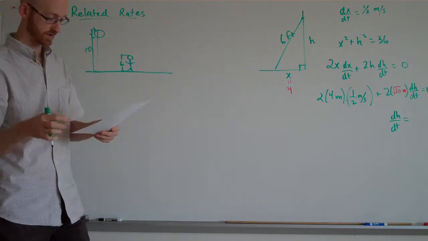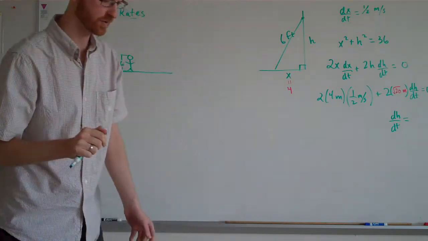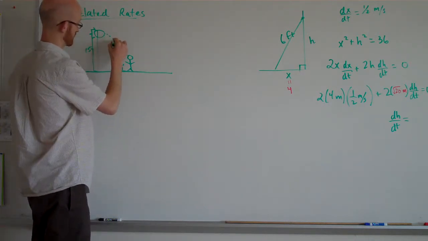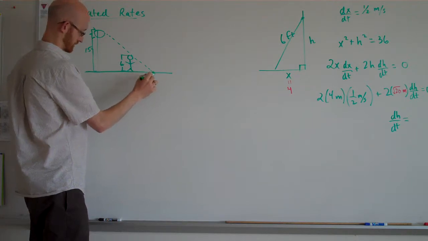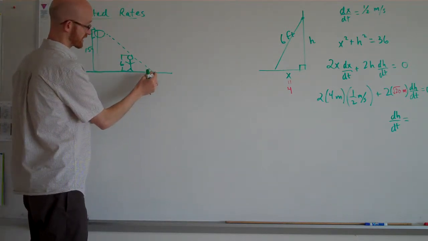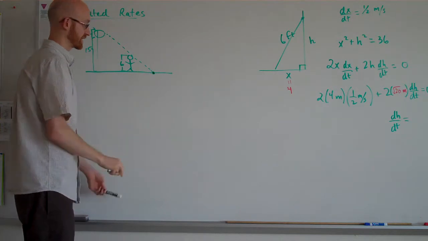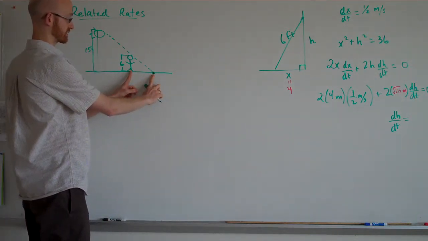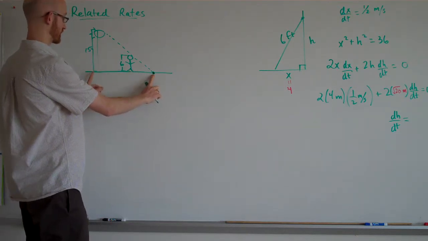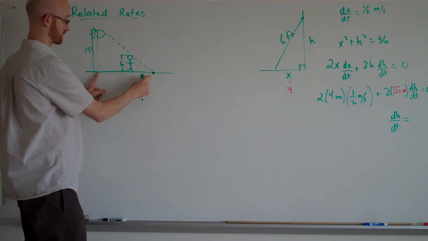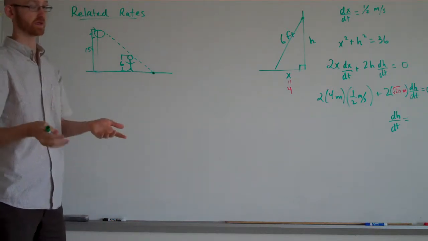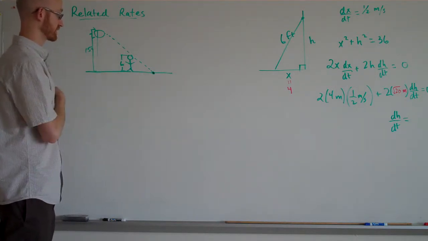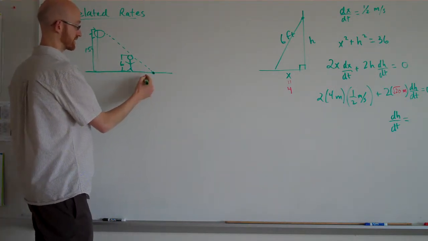So the first thing is what rate is the tip of the shadow moving, and what rate is the length of the shadow changing. So the tip of the shadow is the black dot on the end there. Now the length of his shadow is not the same thing, because the length of his shadow only occupies this much space, versus the tip of his shadow goes from the lamppost all the way out. So obviously they're quite dependent on each other, but we need to find a way to relate these things. So maybe call his shadow,